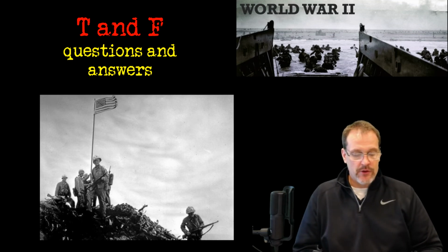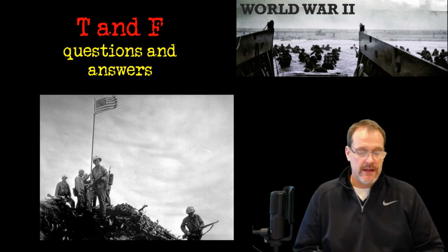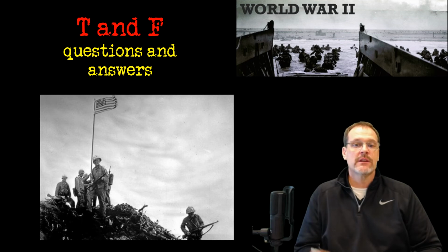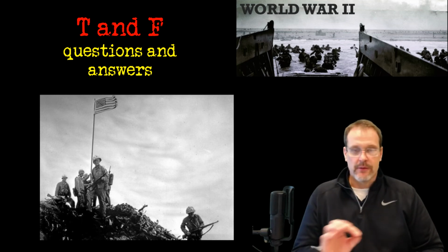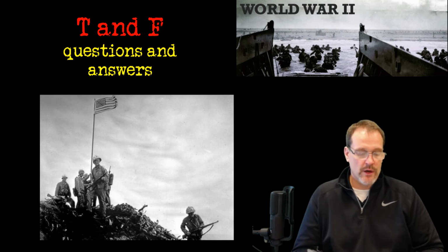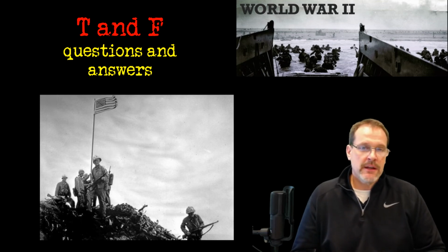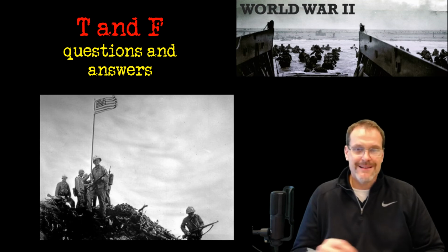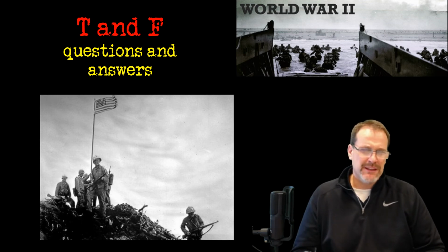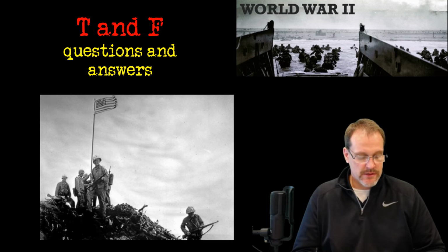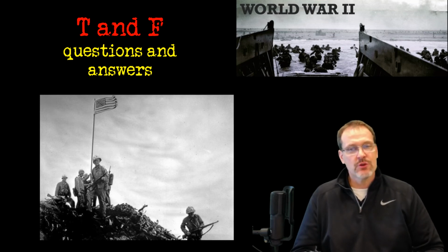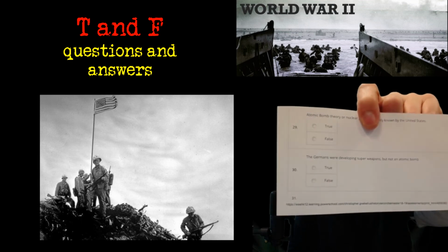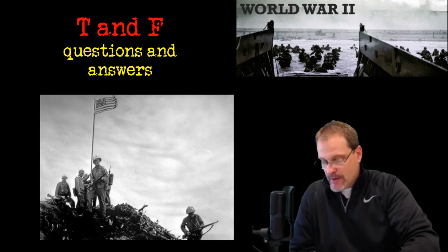Atomic bomb theory or nuclear physics was only known by the United States in World War II, and the answer to that is, what do you guess? False. There were many atomic bomb type projects the Germans were working on, a fission project. Even the Japanese had their scientists working on understanding atomic power, or the use of the atom. But the biggest problem with most everybody was resources. How do you garner enough resources to make these projects happen? They were super expensive. The Germans were developing super weapons, but not an atomic bomb.